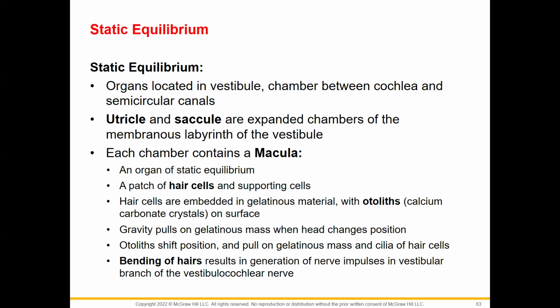And that, in essence, will change the position of the otoliths. And that is going to change the position of the cilia on the hair cells. As the cilia on the hair cells change, the hair on the hair cells will bend, and that will generate a nerve impulse. So before any of that happened, all of this